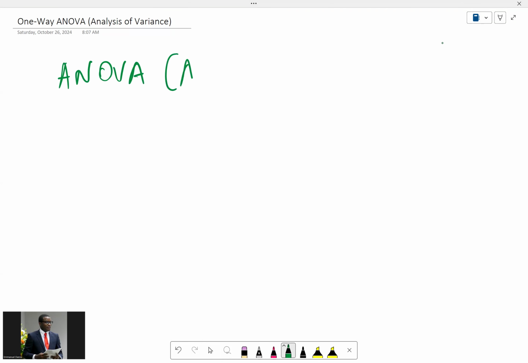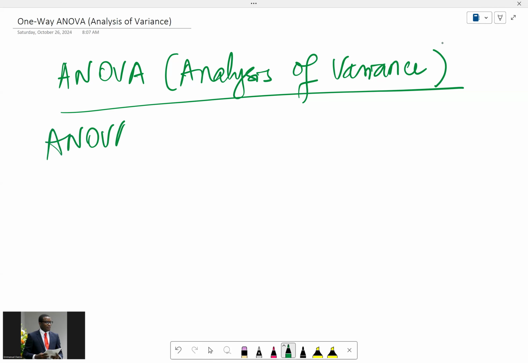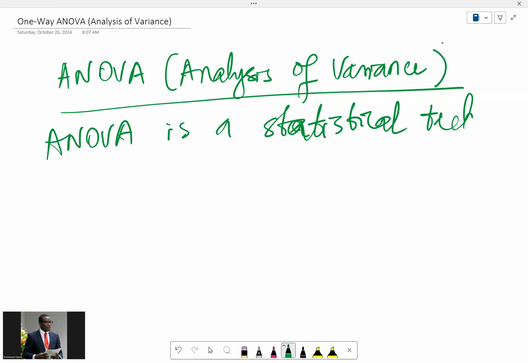ANOVA is short for analysis of variance. The name is self-explanatory, right? We are analyzing variance. So let's see specifically what it is. ANOVA is a statistical technique